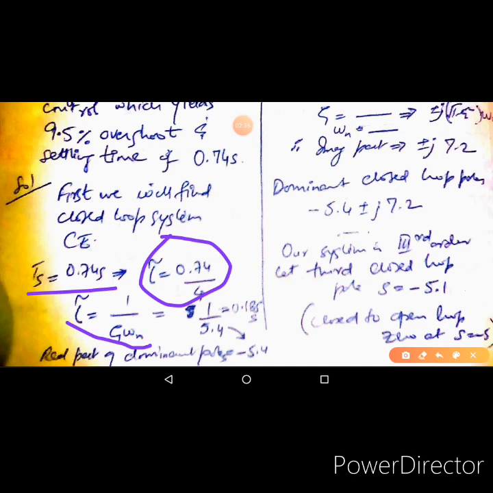From here, when we divide this by 4, we get 0.185 seconds, and that is 1 upon zeta omega n. So by taking the reciprocal, we get the value of zeta omega n to be 5.4. We know that the pole is, this is again from lecture number 3 or 4. If you don't remember, you must refer to that. The real part of the pole is